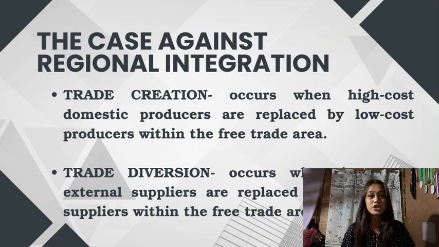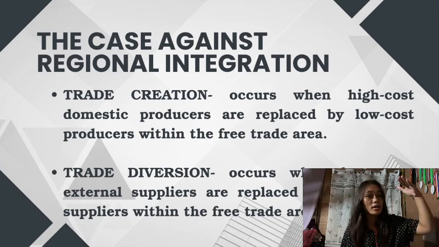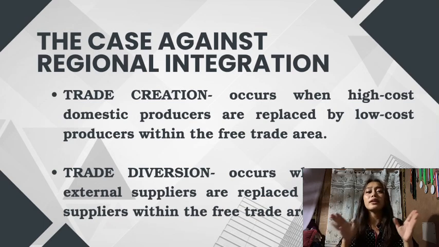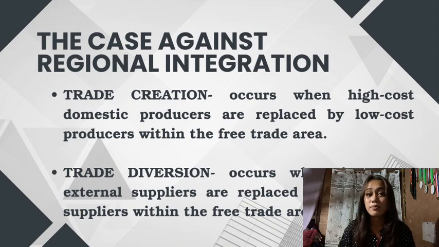Next is the case against regional integration. So, however, critics say that it can also bring problems. Okay? So, there are two main issues here. Okay? Number one is trade creation and number two is trade diversion. Trade creation is when trade shifts from a high-cost domestic producer to a low-cost producer within the region, which is a good example. Okay? While trade diversion is when trade shifts from a more efficient producer outside the bloc to a less efficient one inside the bloc simply because of the tariff advantage, which can be harmful for the business